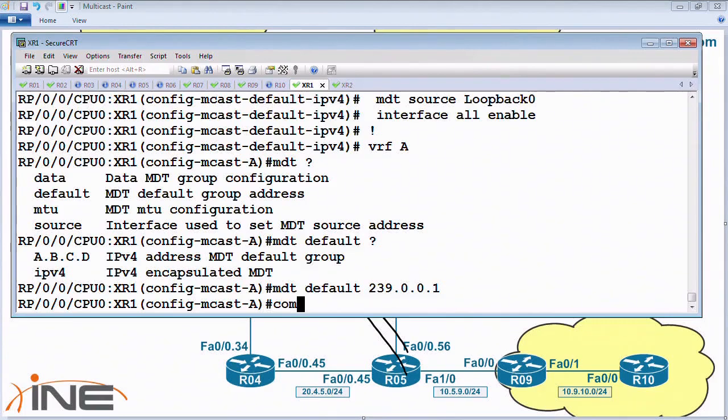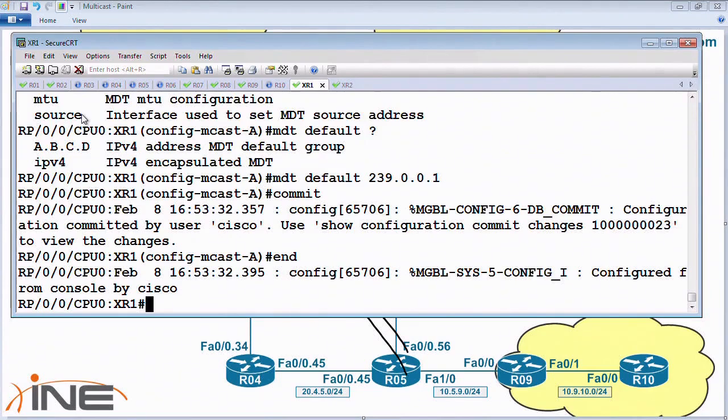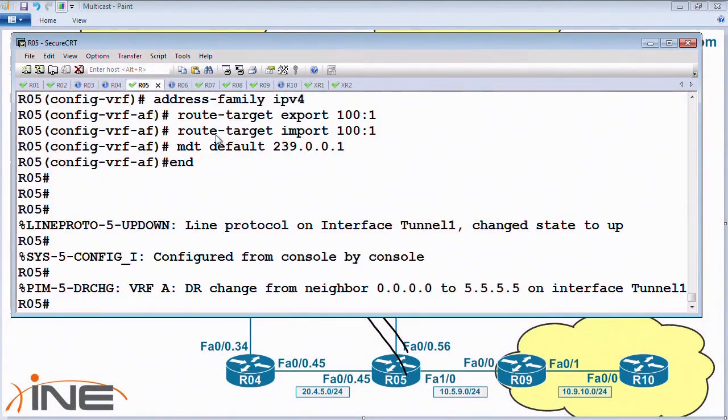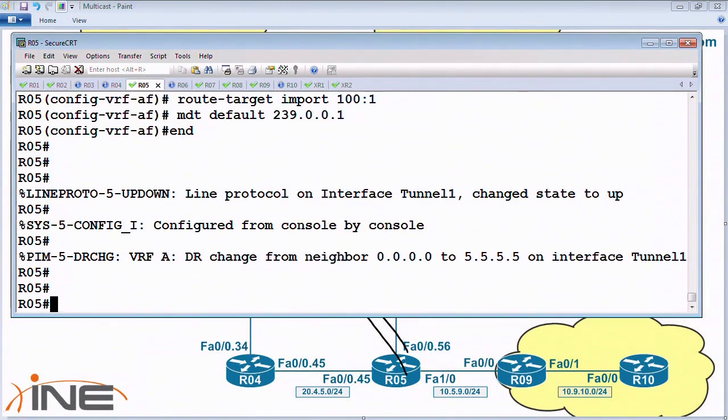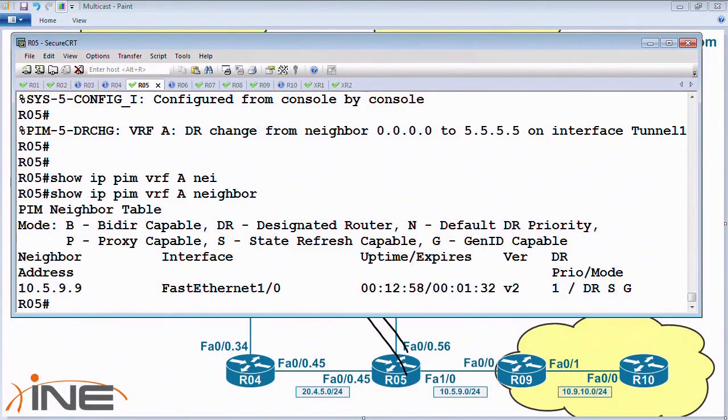So once this config is committed, this should be the final step for everything working. If we look at router 2 and router 5, we should now see PIM neighbors over these tunnel interfaces. So if we say show ip pim vrf A neighbors, once everything has converged and the routers learn about each other's S,G pairs and actually join those multicast feeds, then we can have the PIM adjacencies, and then we can have the actual forwarding over